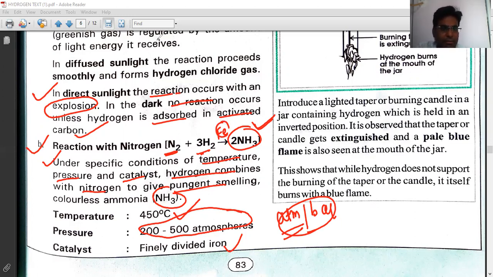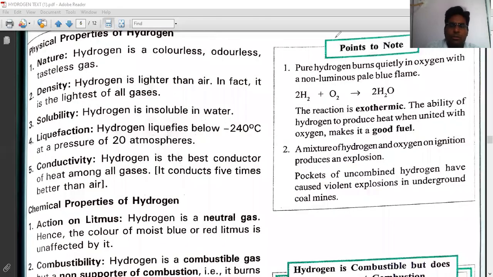So write these 2 points. Sir, I wrote. Okay, good. So look at the box, point 2 note. Pure hydrogen burns quietly in oxygen with a non-luminous pale blue flame. So when we get pure hydrogen, that time it doesn't produce any color like we were getting before,